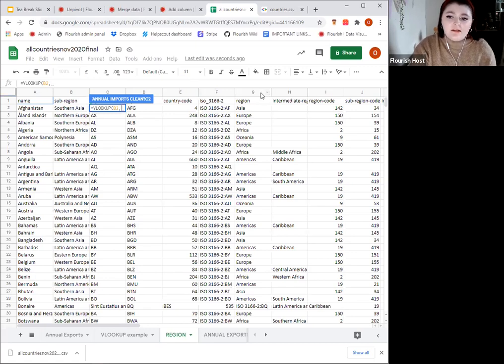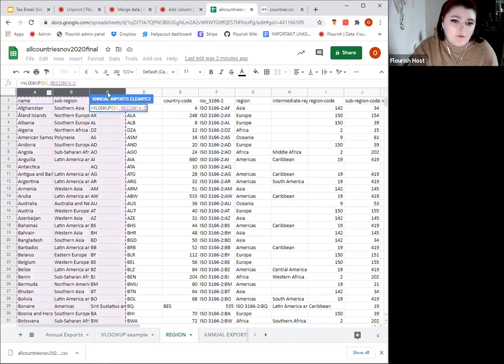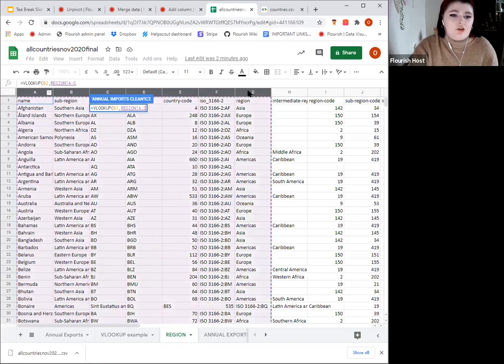I do recommend drag and dropping the column you want to pull quite close to the country, just because it makes it a bit easier to find if you're in a big data set. So I'm going to just hold onto the top of the I and then drag it over. I'm just dragging it over to show you an example, but really I would have only needed to do it up to there.